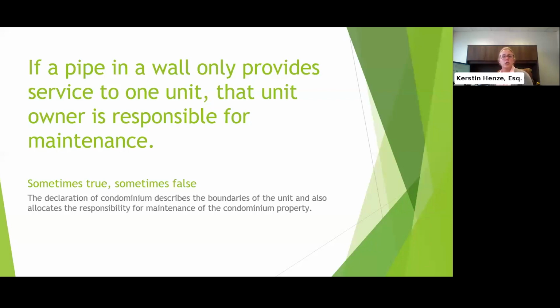If the association has been maintaining windows to the units at a condominium, and you want to shift that obligation to the owners, you could with an amendment, or vice versa. If owners are responsible for maintaining windows, but owners have been very lax on that, and the association wants to take over that responsibility, then you'll need to amend your governing documents.